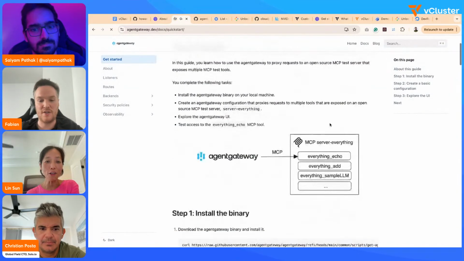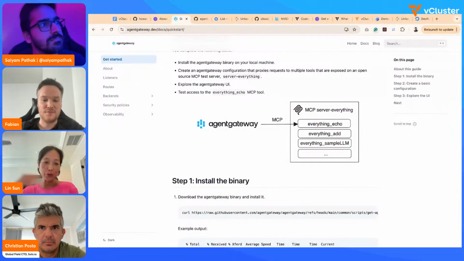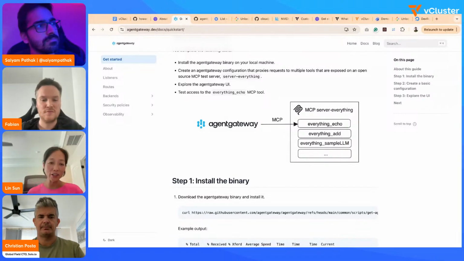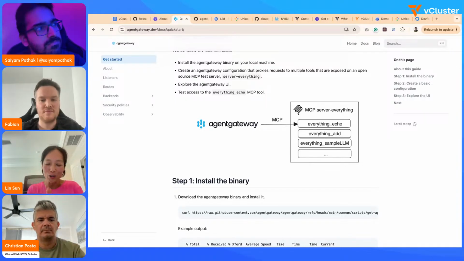Yeah, for now. Longer term, though, when the Rust-based Agent Gateway does support the traditional gateway features too, as that code is being used and adopted, we may see people moving there as well. So I actually have a story to tell, just to add on to what Christian said.